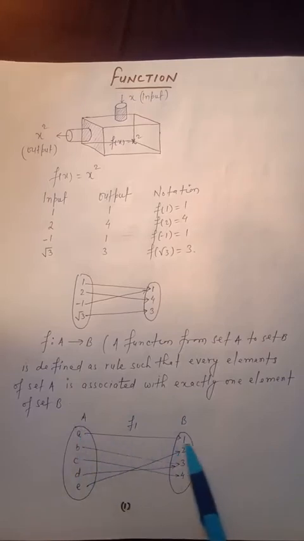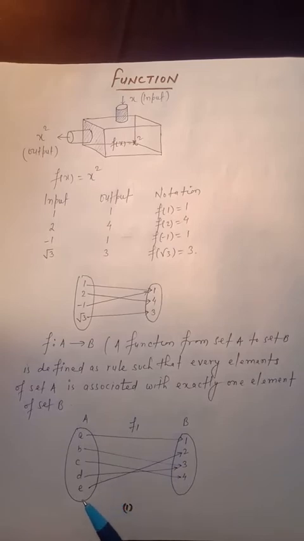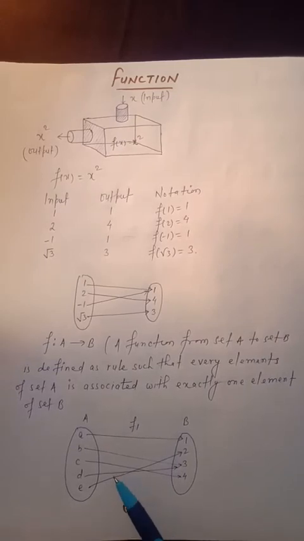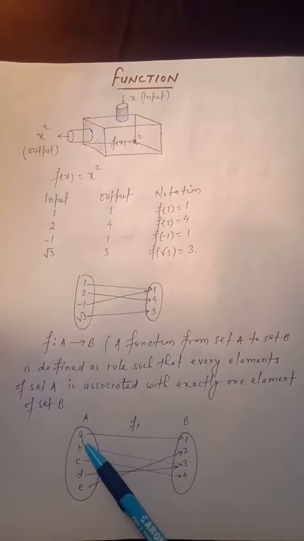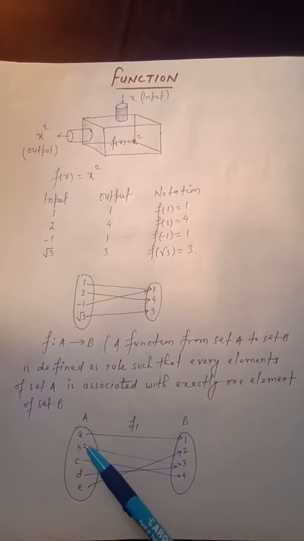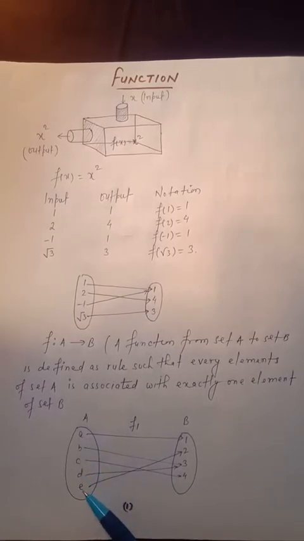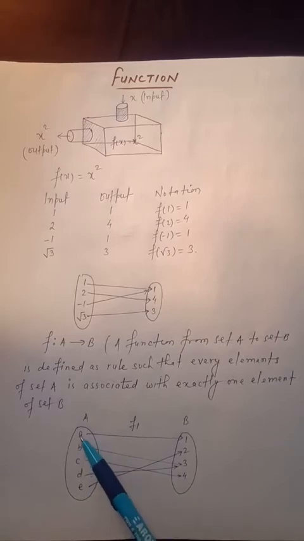I have taken a few examples. Here sets A and B are given, and this function is f1. We have to observe whether it is a function or relation, because function is a special kind of relation. Two things we have to observe here. First, no element must be left in set A, and second, an element of set A must not be associated with more than one element in set B. You can see here no one is left in set A, and the second condition is that not a single element is related with more than one element. Therefore it is a function.